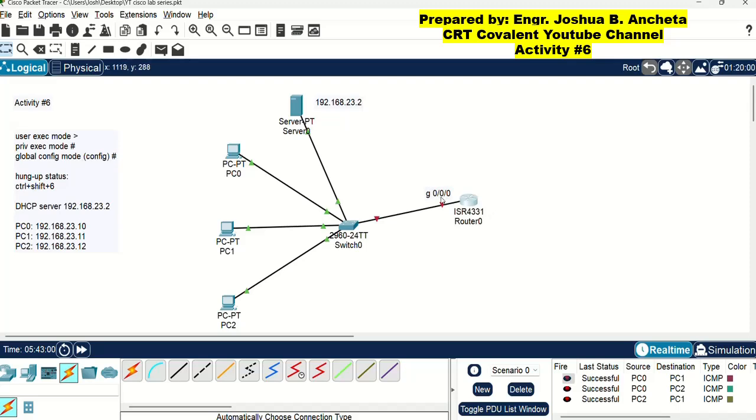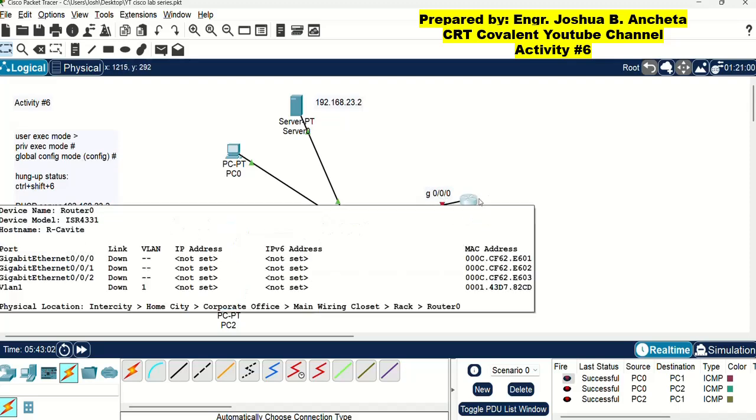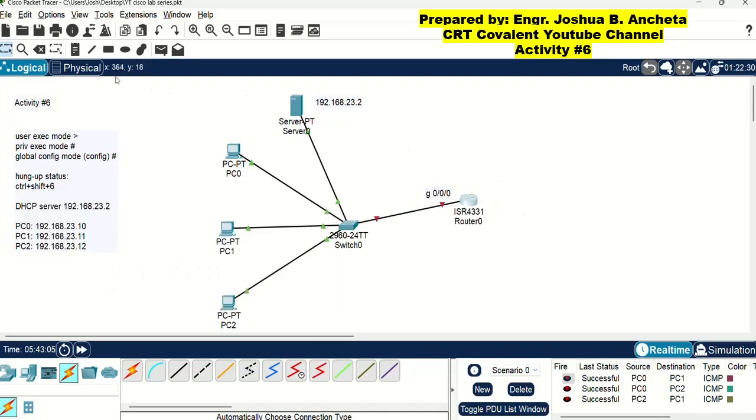It means the exit port, which is on the right side of the router, is the port G0/0/1. Okay. Since G0/0/0 is included in our network 192.168.23, the IP address of G0/0/0 must be in the same network as the network address here on the left side.